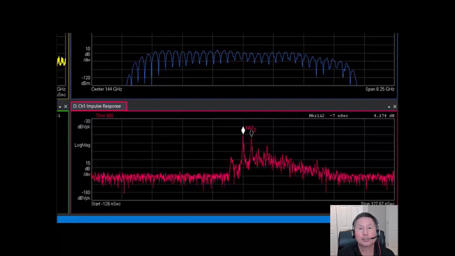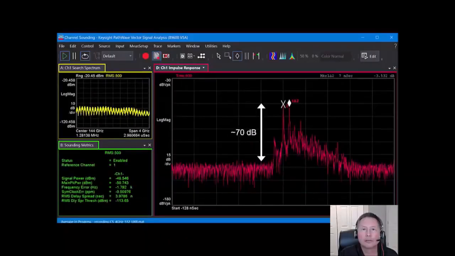As the signal continues to bounce around the room, the power decreases and you can see a gradual decay of the power over time. If we look at the main peak, we can see that it is about 45 dB above the noise floor. Can we do better? Some of the noise can be assumed to be Gaussian and as such uncorrelated across time. This means that we can average multiple channel response measurements and the uncorrelated part of the noise, if we do vector averaging, will average towards 0.